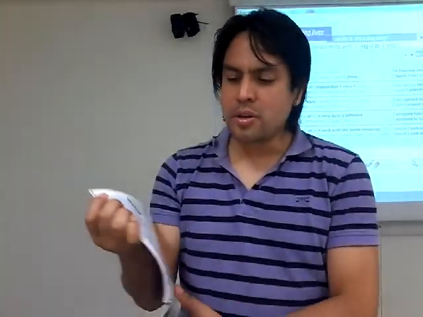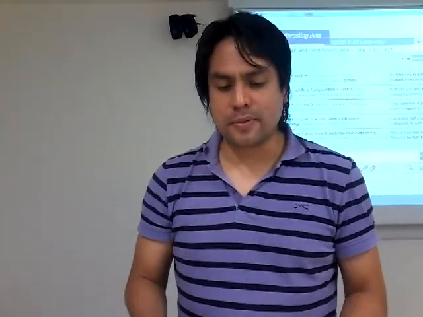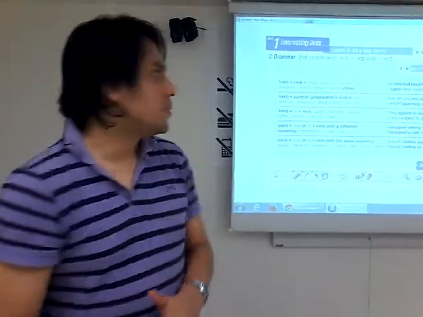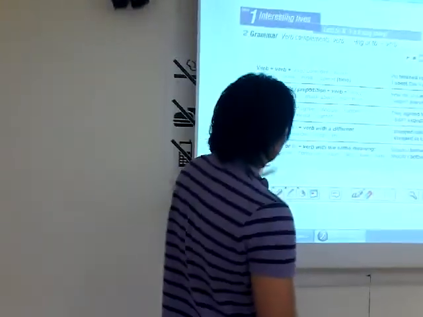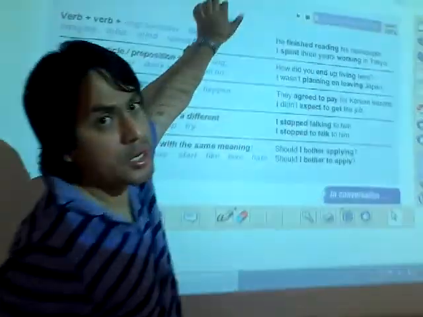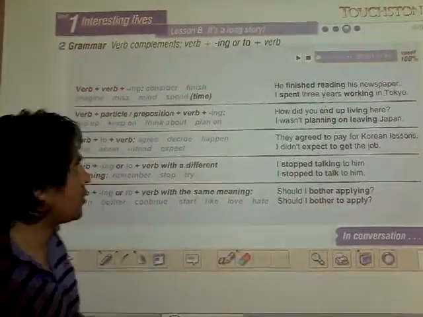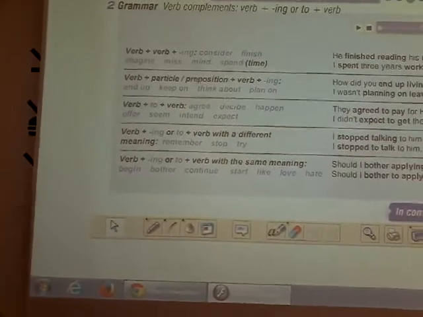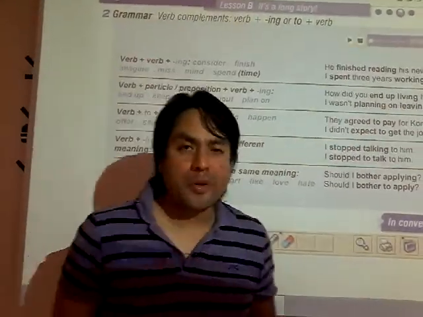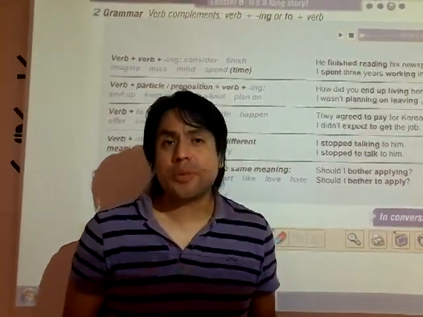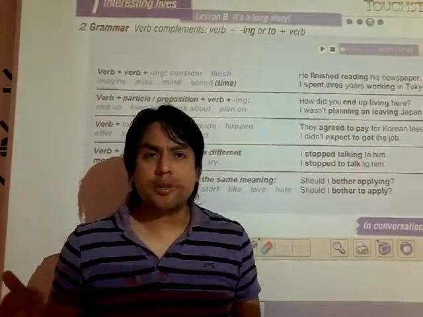We're going to work on verb complements, verbs plus ing or verbs plus to plus verb. So this is the topic, verb plus gerunds or verbs plus infinitive. Okay? So this is actually a question of memory. You have to remember which verbs are used